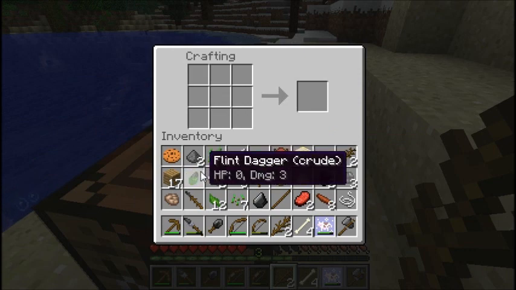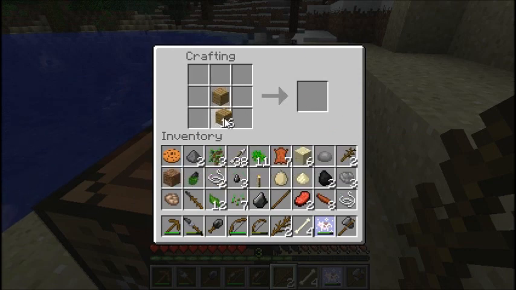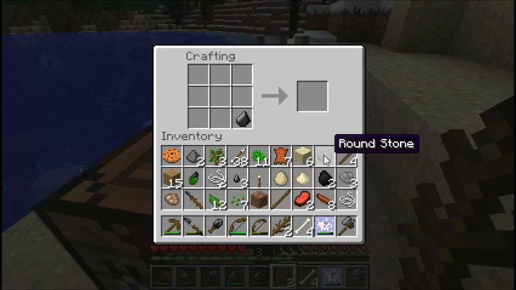Now, let me just confirm something else real quick, just to check. And you can still make sticks the regular way with that, and you'll get more out of it than if you use branches. But that aside, what I need to do is I need to really quickly...